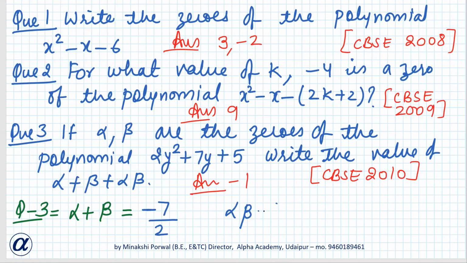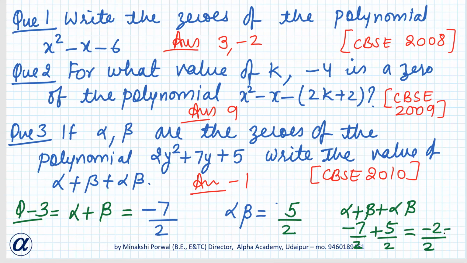And alpha into beta is c by a. C is this and a is this. So it is 5 by 2. Okay. So we have to find alpha plus beta plus alpha beta. So alpha plus beta plus alpha beta we have to find. We will put here minus 7 by 2 plus 5 by 2. That is equal to 2, and this is minus 2, so it is minus 1. Okay, this way the answer is minus 1. Okay, I guess your answers were correct, but you didn't add them. Okay, so